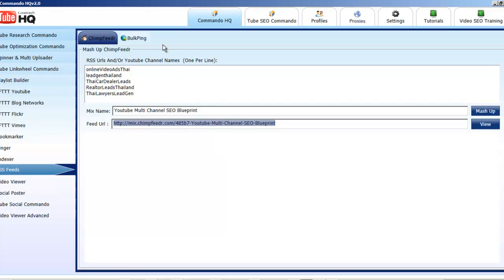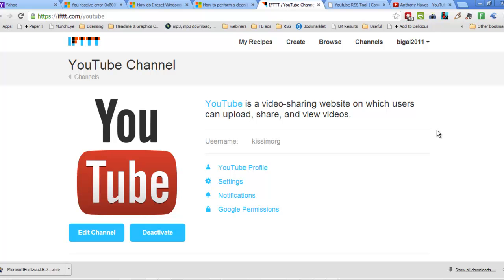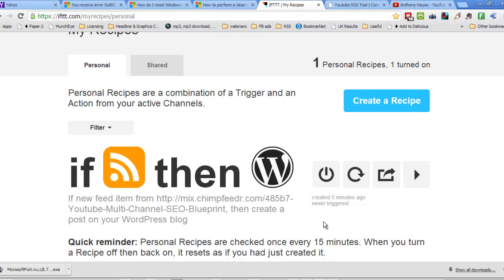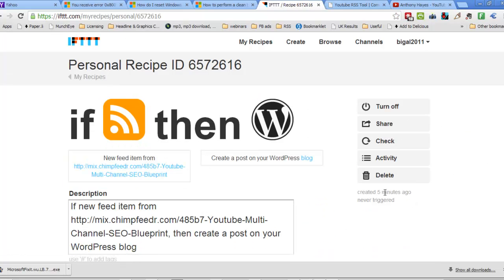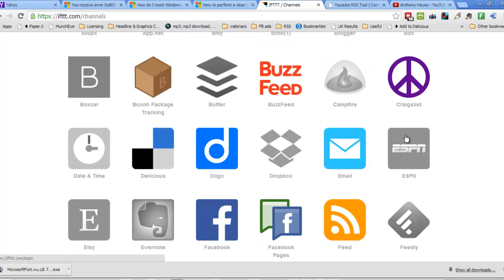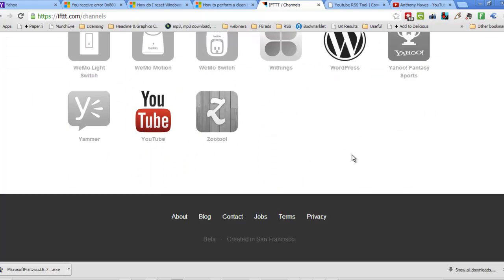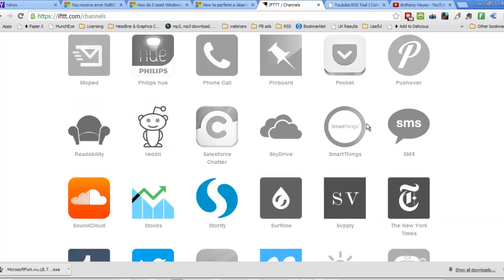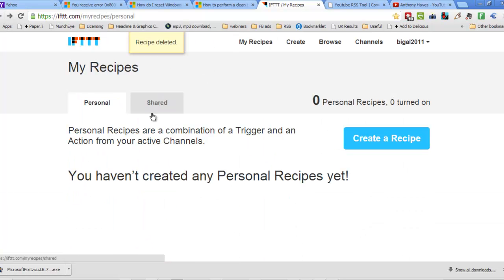Now before I send it to bulk ping, what I wanted to do is come over to IFTTT. You can see that in IFTTT I created one recipe, which I'll just delete and create again for you, just to simplify and show you from the beginning. You can see I've got no recipes, all my channels are active. I've activated my YouTube channel, which is the KISS IM channel, and if I go back over here now to create a recipe,